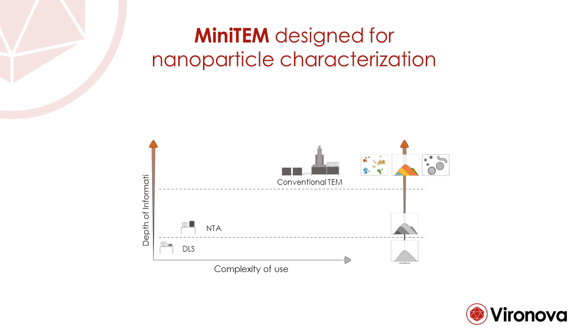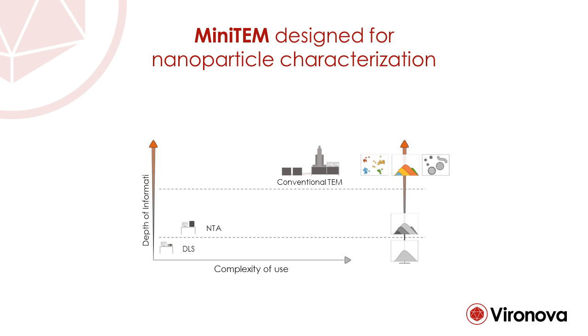You can turn to conventional electron microscopes to gain the extra depth of information, to be able to see individual objects and measure these objects in the images. It will also be able to see the morphology of the particles. But the conventional electron microscopes are very complex to use. They are high maintenance and so on. So there is actually a huge step in between these methods in terms of the threshold for a user to